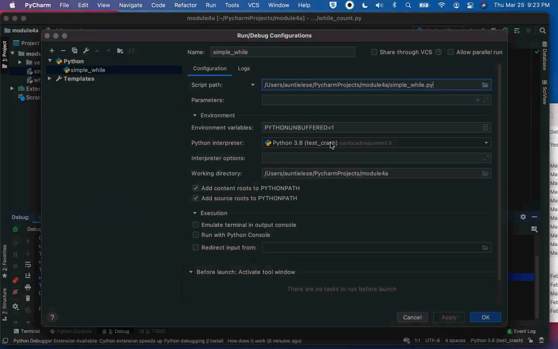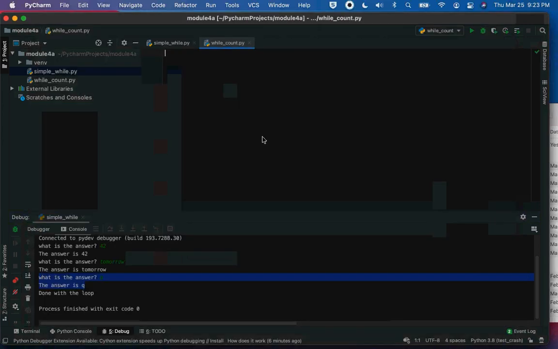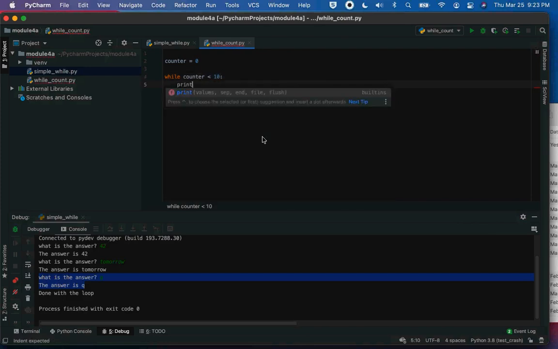Basically what we're going to do is count inside the loop. So I'm going to say counter equals 0, while counter is less than 10, print